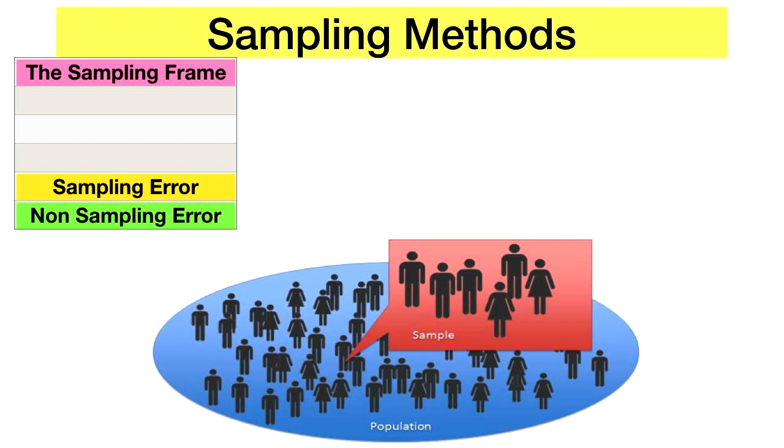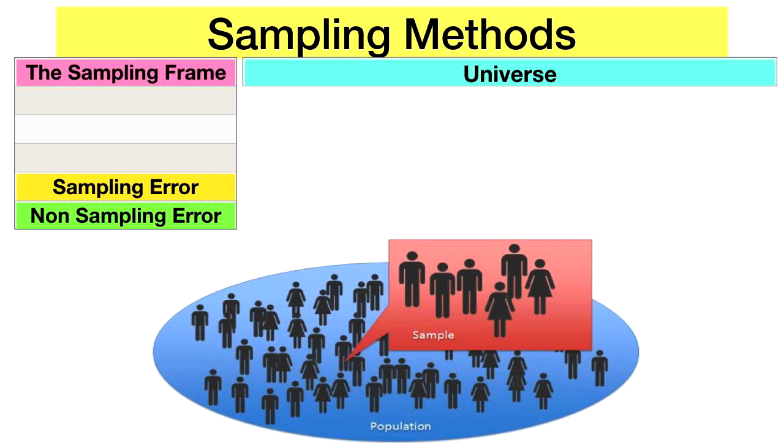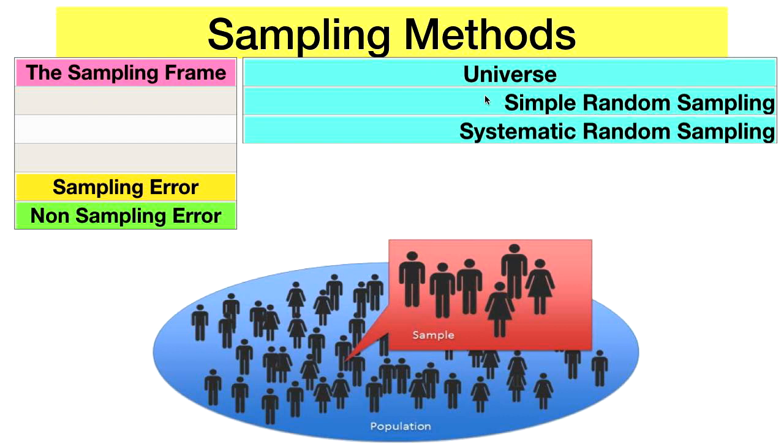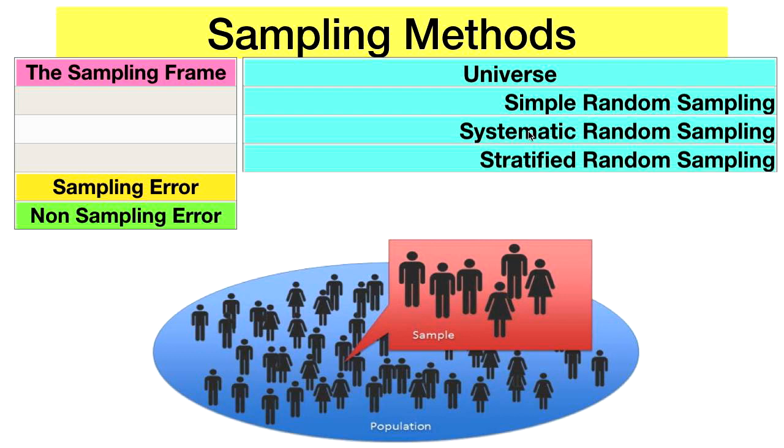And this sample is taken in various methods. And we are going to see how to select the sample from this universe. We can select either by simple random sampling, or systematic random sampling, or stratified random sampling. When we use table of random numbers or flipping the coin method, then it is simple random sampling, where each and every individual in the universe has the equal chance of getting selected in the